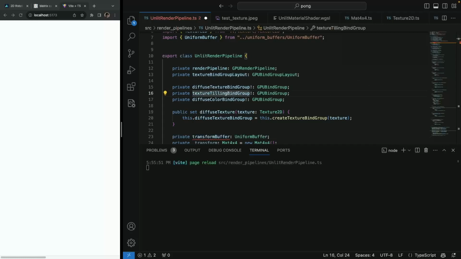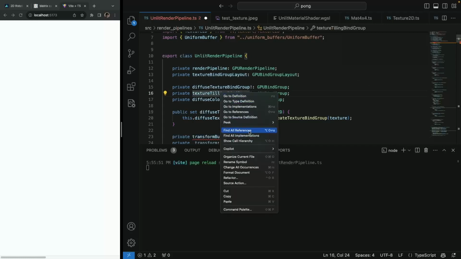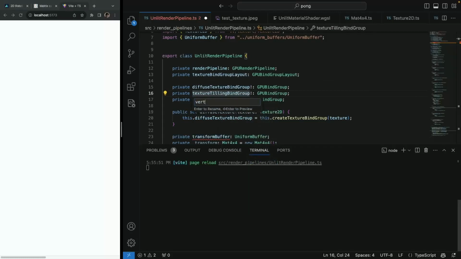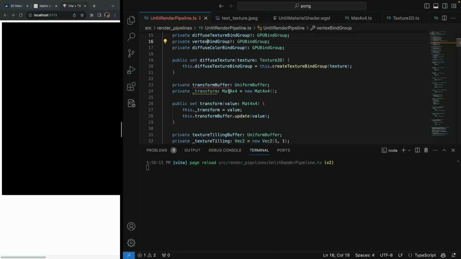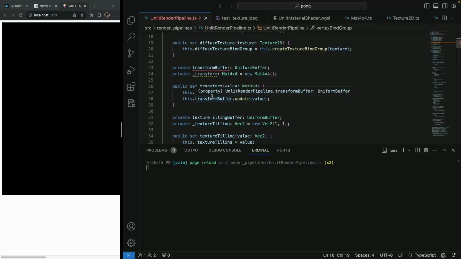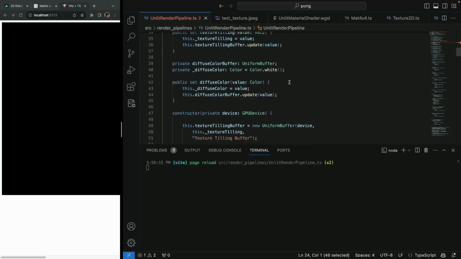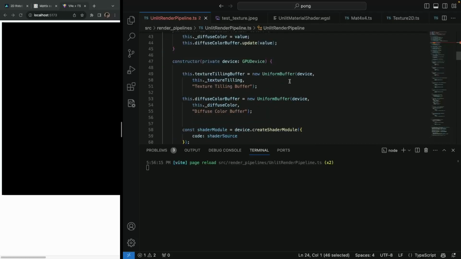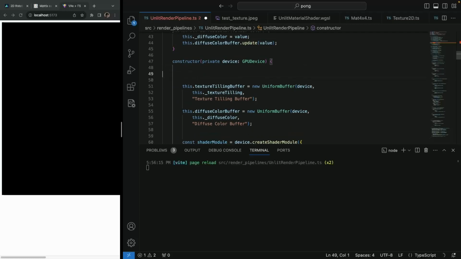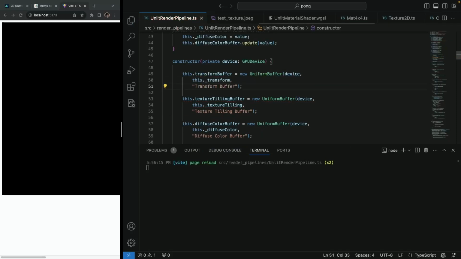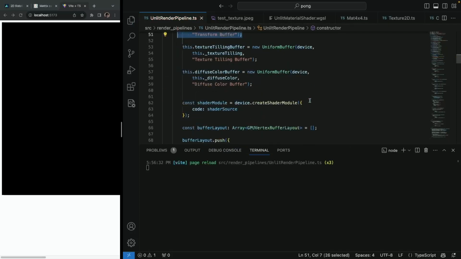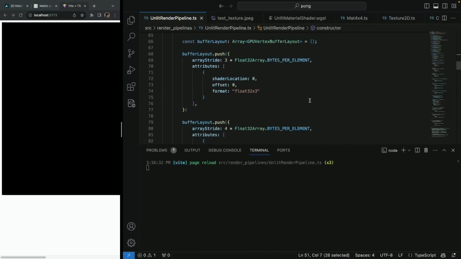And here we had the texture tiling bind group. I'm going to rename it. I'm just going to call it vertex bind group. I couldn't think of a better name, so I'm just going to call it vertex bind group, where we had texture tiling. So we have the transform buffer, the transform value, which is set to identity matrix by default, but it's not important. So next we're going to create our transform buffer, and we're going to pass transform, and we can just say transform here. So further,